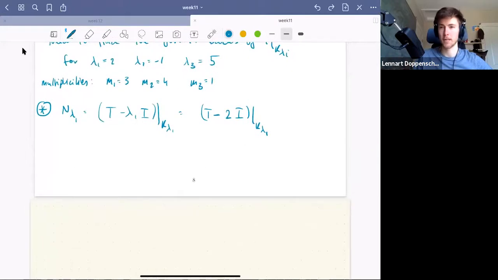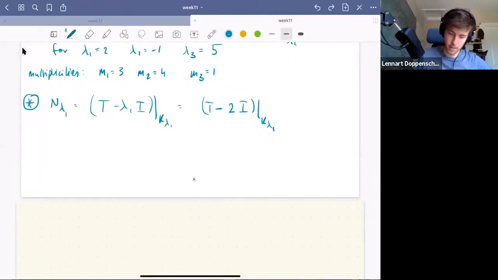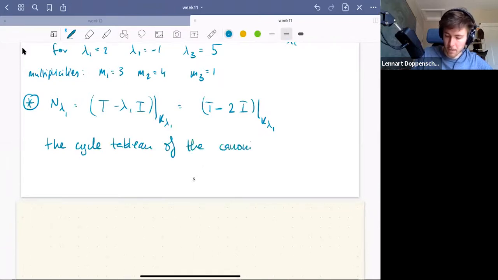I could always add more details if it was up to me, but I need to eventually move forward. So let me just say that the cycle tableau of the canonical basis, or sorry, there's not a unique one, of a canonical basis of N lambda 1